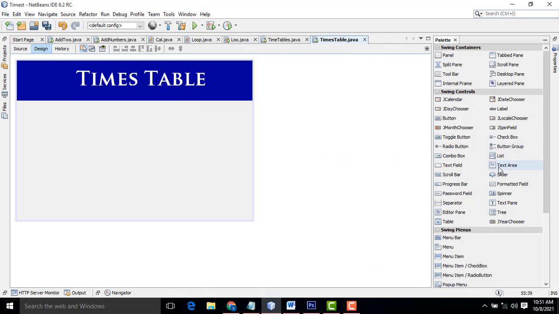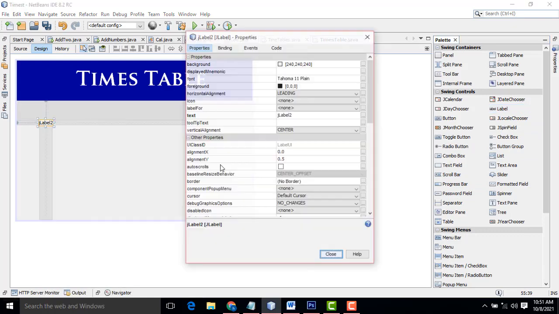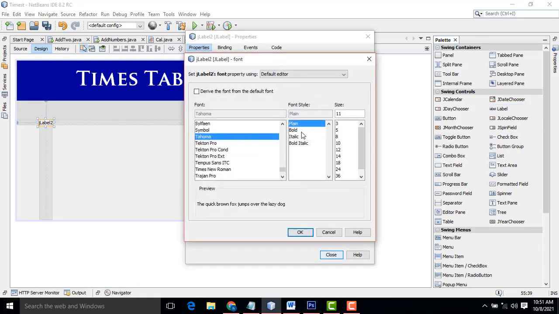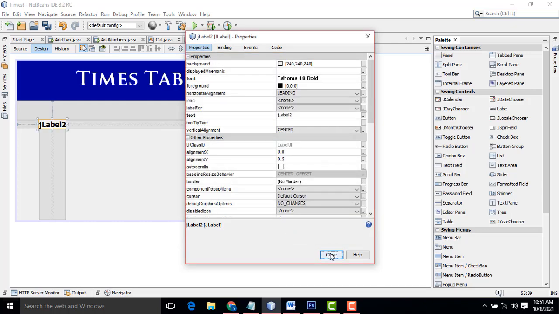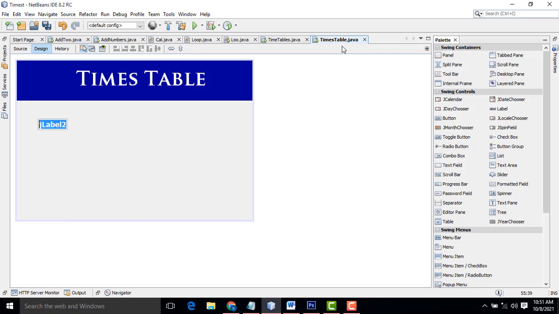After that, I am going to drag another label with bold 18. Change the text to 'enter the number'.